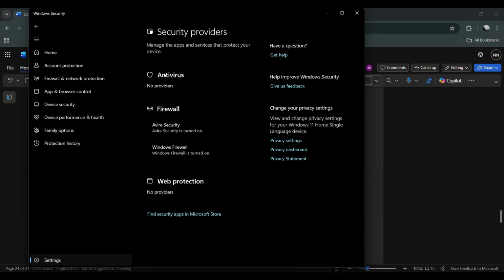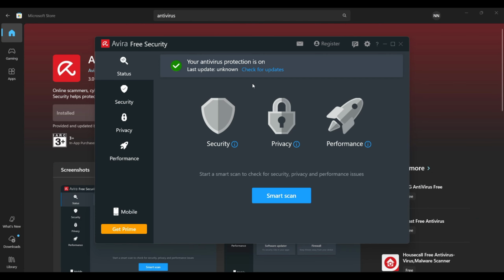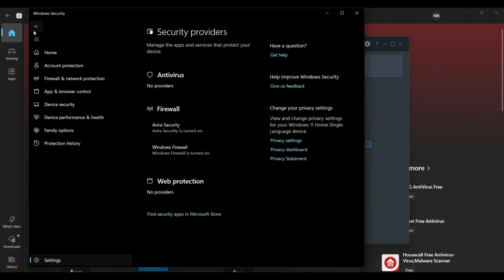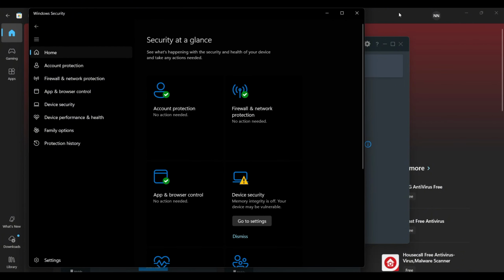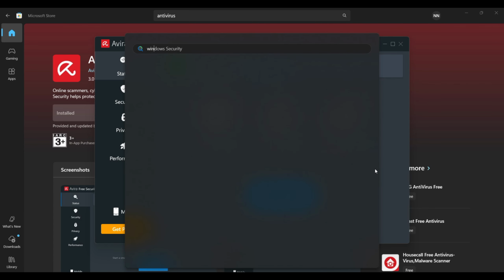So what I can do is I can install one of the apps that is available on Microsoft Store, that is Avira Security. So I'm going to install it. Avira Security is one of the countermeasures that you can use to do this attack surface reduction. So as you can see, I installed my Avira free security on my Windows 11. If I go ahead and cancel this and then search again Windows security,